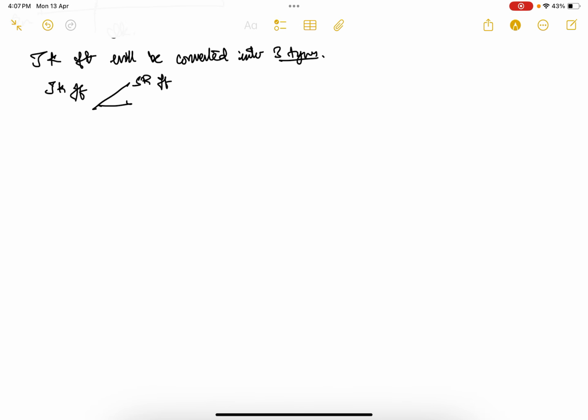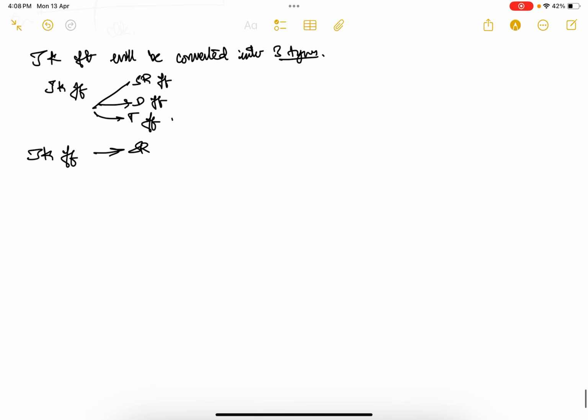Now in this part we will be seeing how the JK flip-flop will be converted into the other three types, which means how JK is converted into SR flip-flop, D flip-flop or T flip-flop. So first I will go with